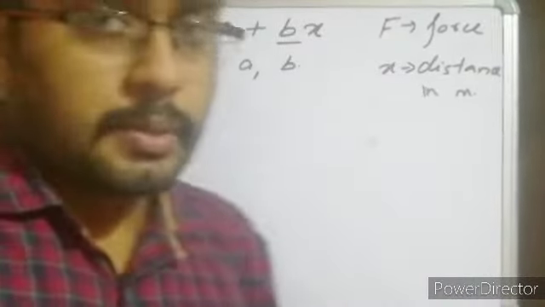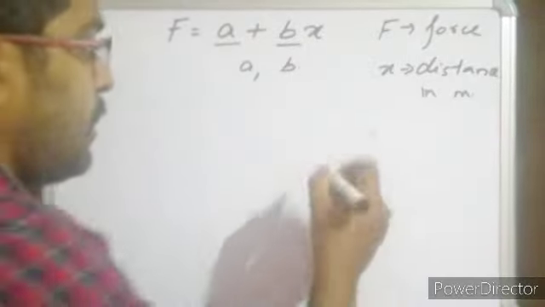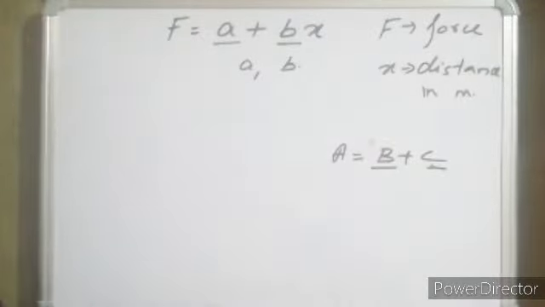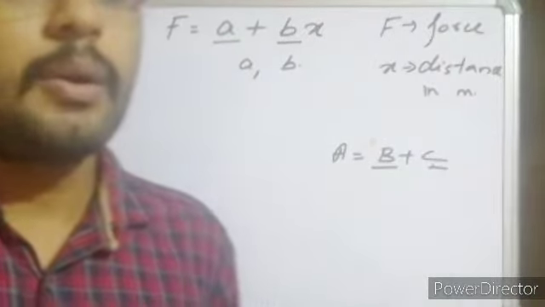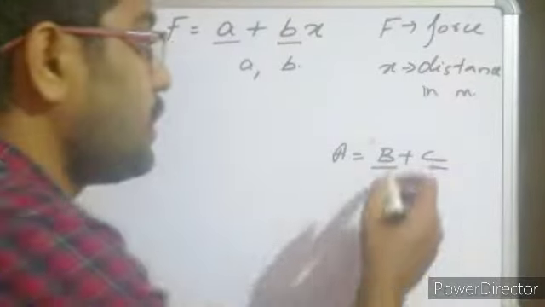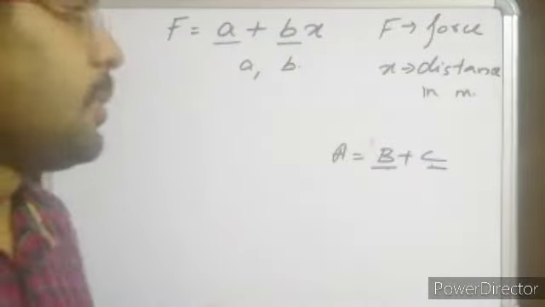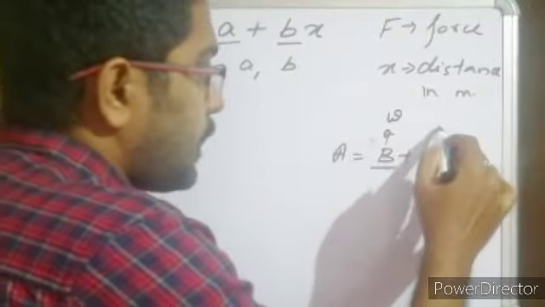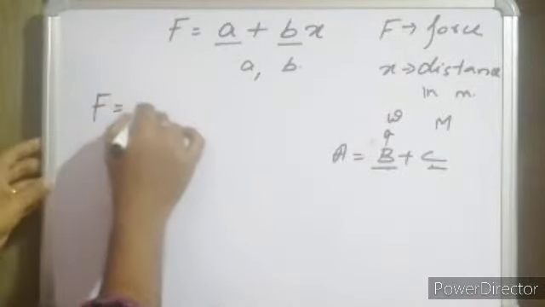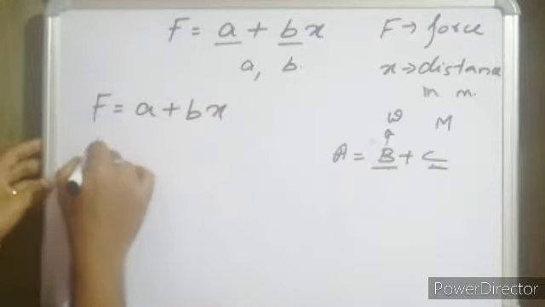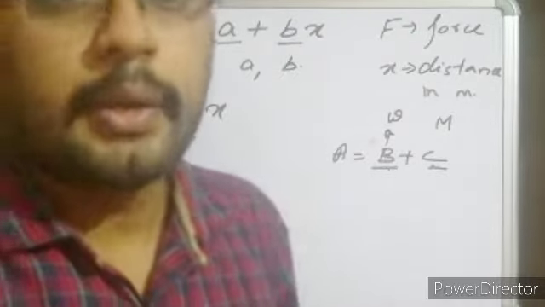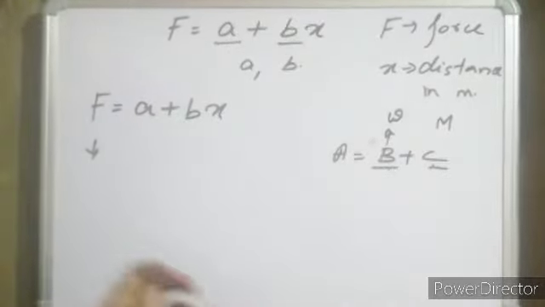According to the principle of homogeneity, which I told you about in one particular video class, if A = B + C, you can add C with B or B with C only if they are of the same or similar quantities. That means if there are two different masses B and C, you can add them. But you won't add a weight B and a mass C. In a similar way, if I take F = A + Bx, F is force, and its unit is Newton. Here we don't want to worry about the unit.